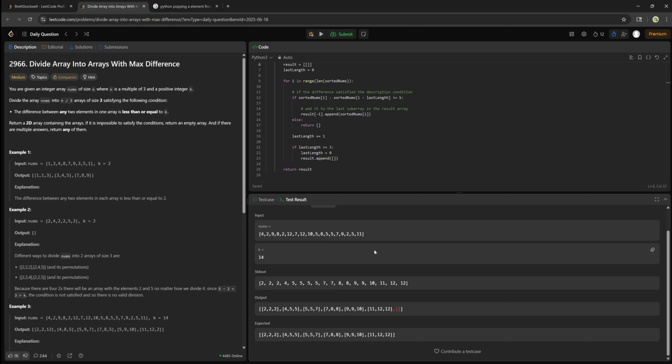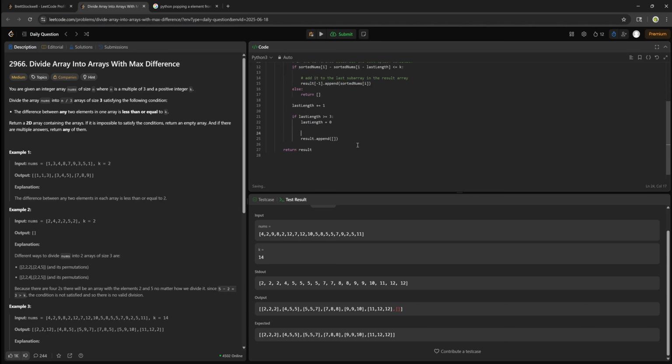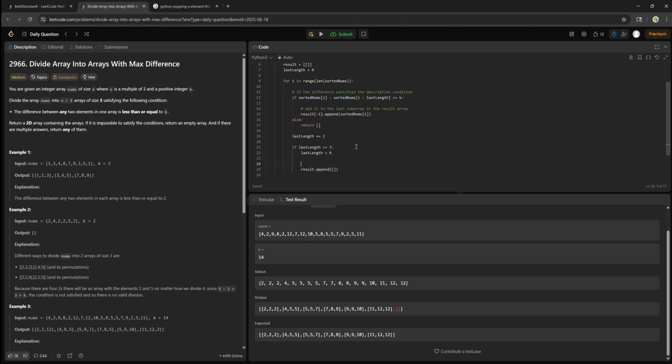God, at the start this problem seemed so difficult, but now, once you realize that all you need to do is sort the array and check the difference between, it makes it a lot more manageable. So how do we fix this problem? We can just, this probably isn't the most pretty thing, but we can add another if statement to see if